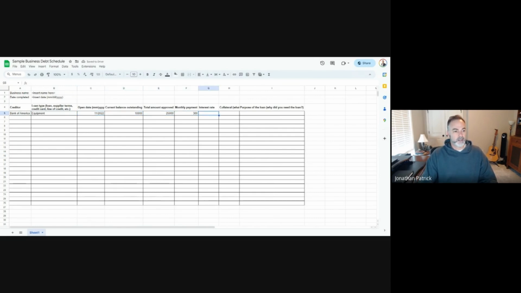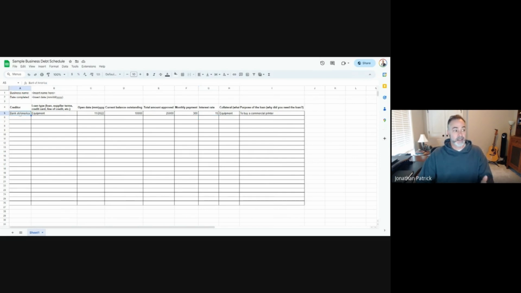And it says that their interest rate is, I don't know, something hefty, like 15%, right? You can see the collateral at that point. If it's for an equipment loan, the collateral probably was the equipment, and to buy a commercial printer, maybe you make t-shirts or something like that, or you do other things. The reason this column G is so important to you as the broker, but also to the lender,